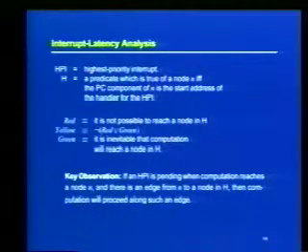Green, on the other hand, are the ones where no matter what happens from now on, if the interrupt arrives here, it may not be handled immediately, but it will for sure be handled in the future. And then yellow are the other ones, right? So the yellow ones are the ones with the round, thick edge in the graph. Those are the ones we don't like. In some sense, red sounds like a programming error. We don't want the program to be able to go off in a corner and suddenly just turn off interrupts and never turn them on again. That would be red, so that would be something we would first get rid of. And there were no red nodes in the graph you saw.